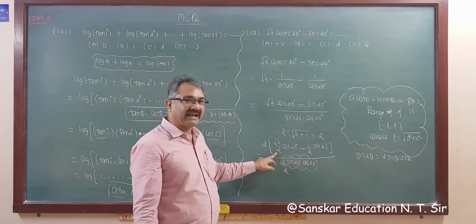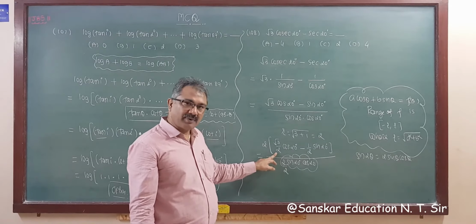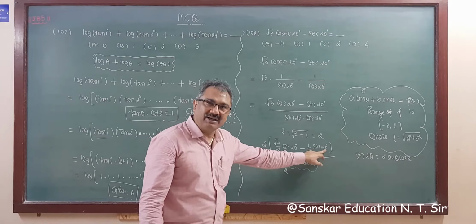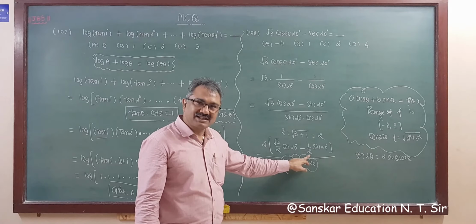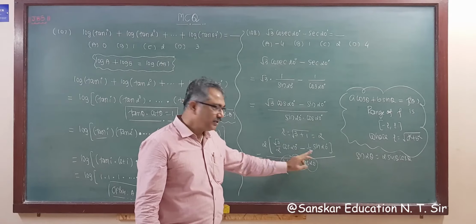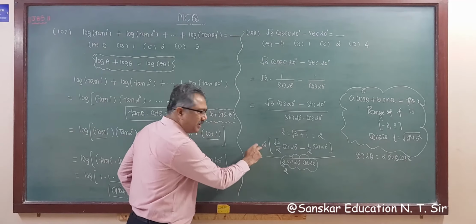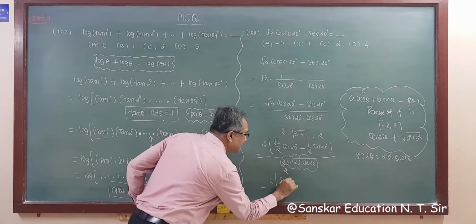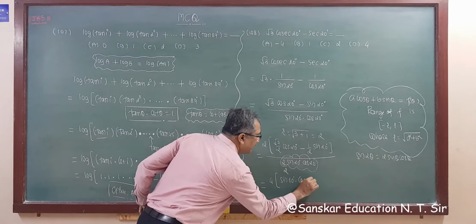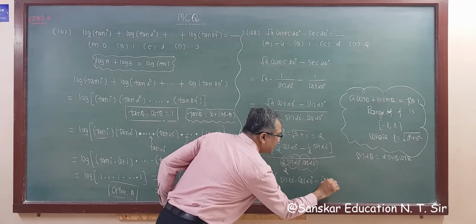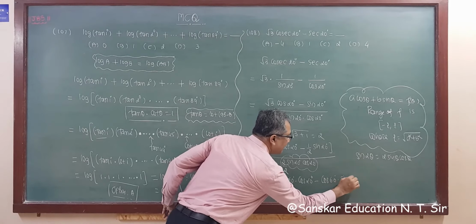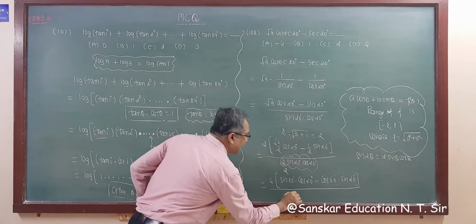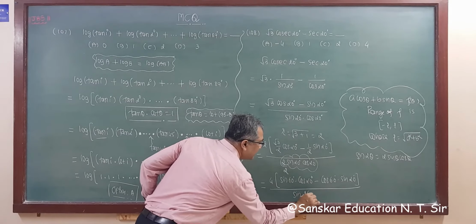So √3 by 2 is sine 60. So I am writing sine 60. So sin A cos B minus cos A sin B. So this must be a value of cos 60 also. That is half, that you know, right? And these two come to numerator, so it becomes 4, and I am writing this for sine 60 into cos 20 minus cos 60 into sine 20 whole upon sine 2 times 20 degree.